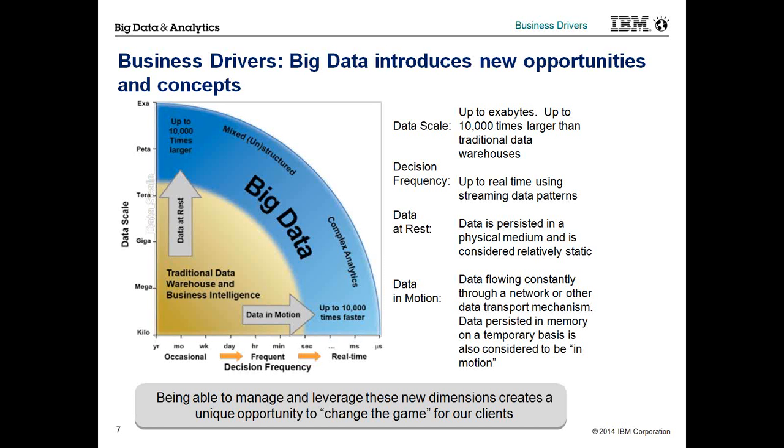And then you can do a what-if analysis, which is what will happen if I do a certain parameter change? What will be the result of it? And that then leads to the predictive behavior or the statistical behavior. And that typically is a more complex problem when you try to apply it to big data. And that is where we're talking of a scale, the frequency, both for the data at rest as well as data in motion, because there is this entity association where data in motion is to be correlated with data at rest.